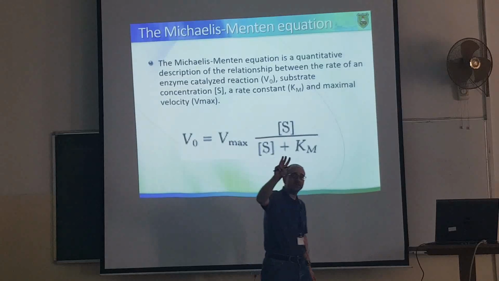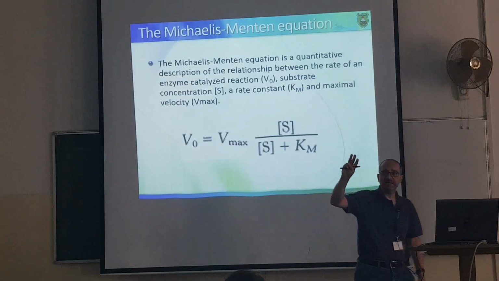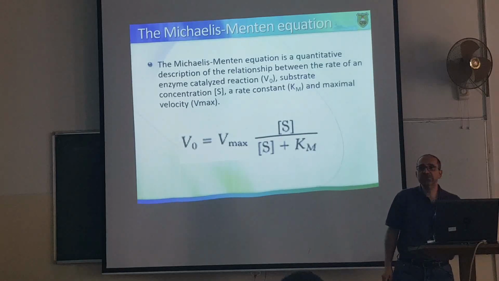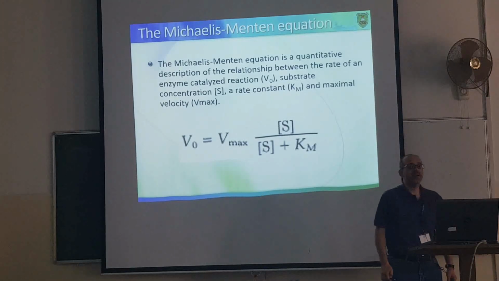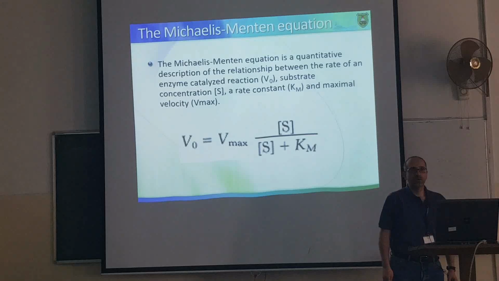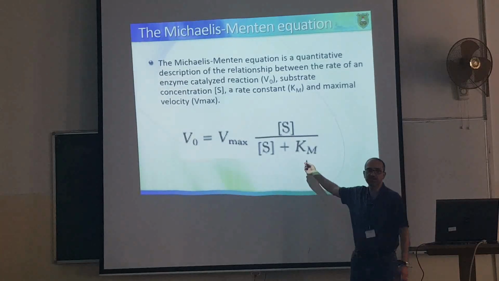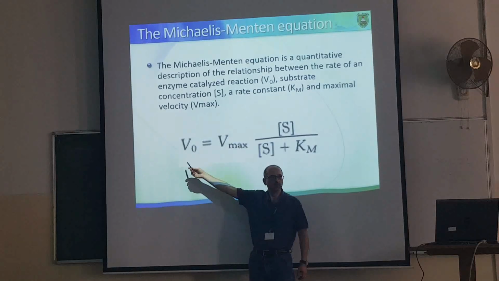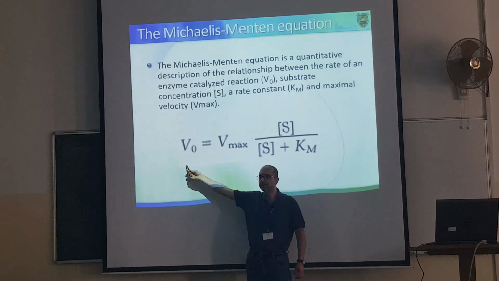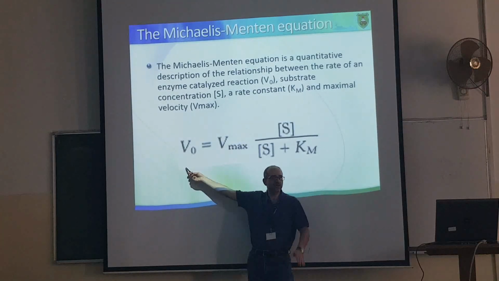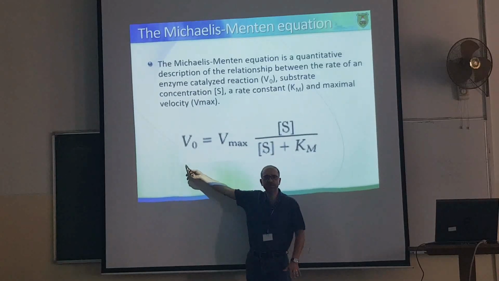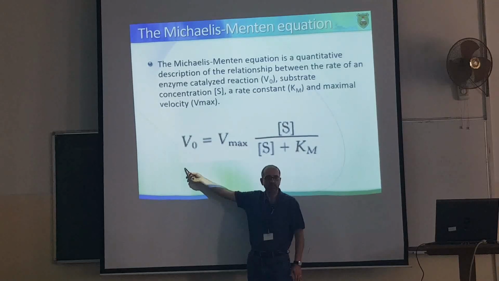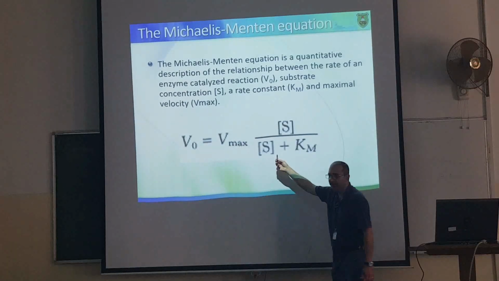فقلت لكم حكيت لكم ثلاث اسئله امبارح. What would happen when the substrate concentration is very, very low relative to this constant? ايش راح يصير whatever V؟ لو ال substrate concentration كثير واطي، ال V ايش بيصير فيها؟ تهبط كمان. It becomes low as well. Okay? لأنه التنزيل هذا كثير عالي.